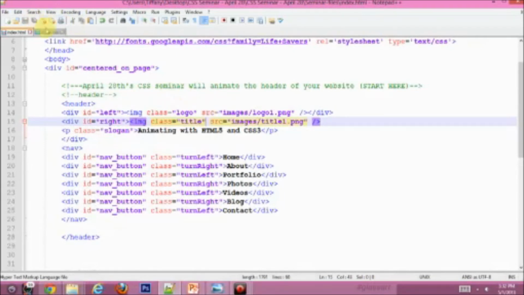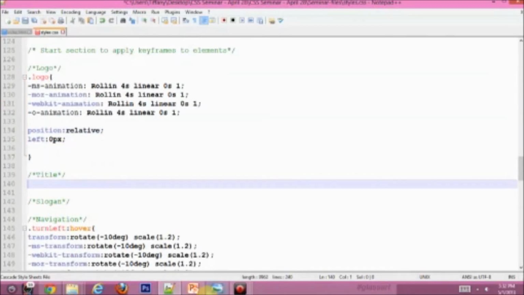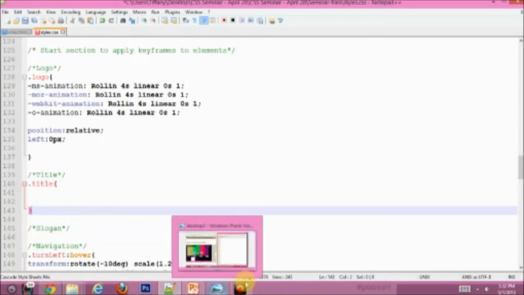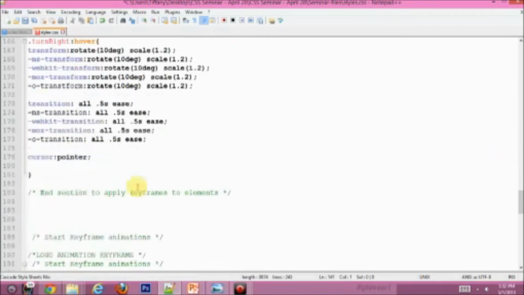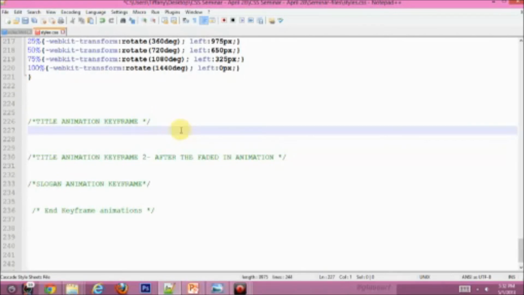Let's go over to our CSS file, and then underneath our title comment, we'll need to put our title selector. Let's go down to our keyframe comments, and where it says title animation keyframe, underneath that we'll create a keyframe for our title. Our title animation will have